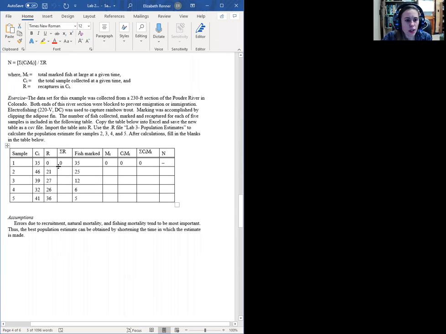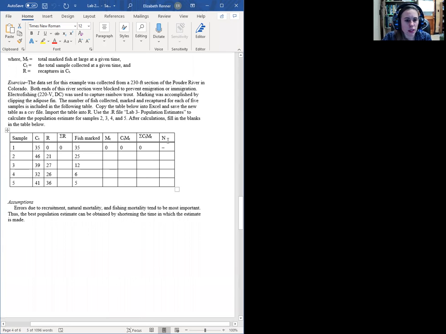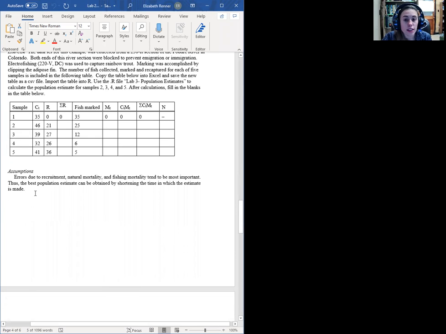All right, so here's another example where we've got this data from the Poudre River data set, and we went through that already. And so we did the marking and the capturing, and I want you guys to go ahead and use the R file to calculate those population estimates for each of those values. And then once you've finished those calculations, fill in the blanks in the table below. And again, the assumptions